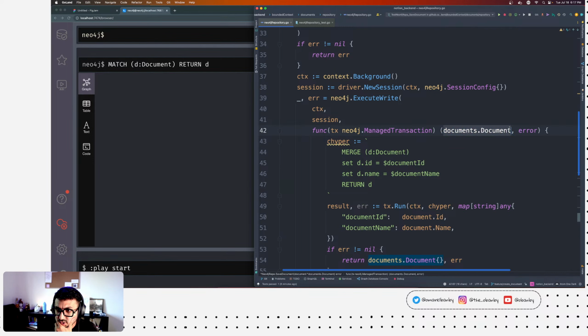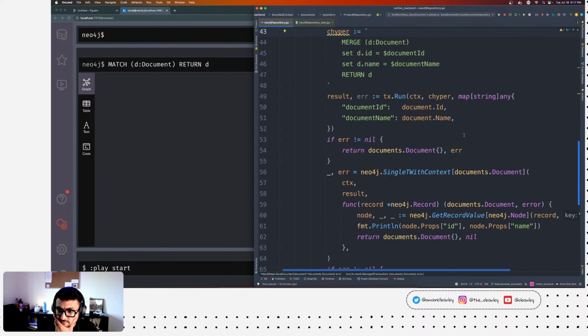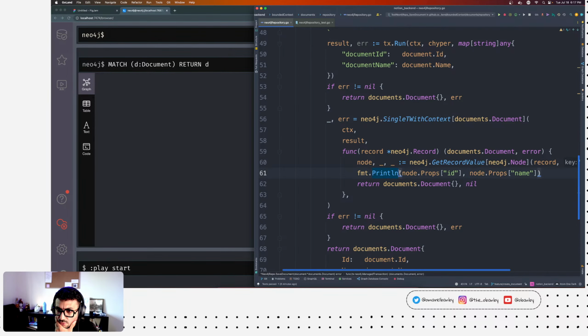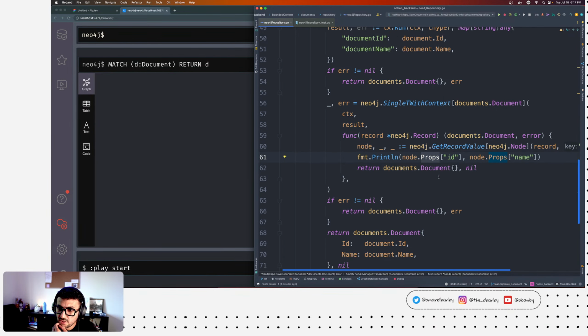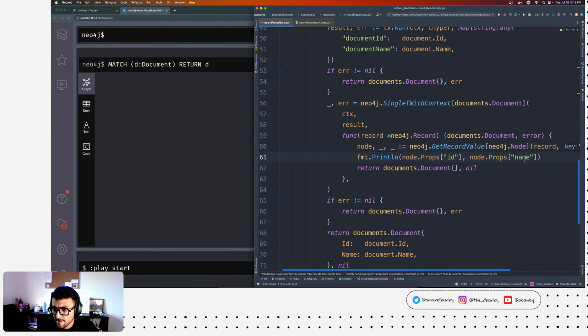Because here, we don't really care what is being returned. Okay, we'll fix that, but let's continue. So here we have the node ID and the node name, and you can access them straight from the props, which is really cool, because if I go here, here's the ID, here's the name, and it's essentially a map, right?